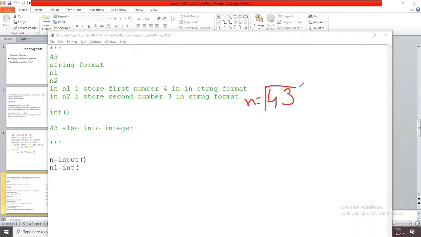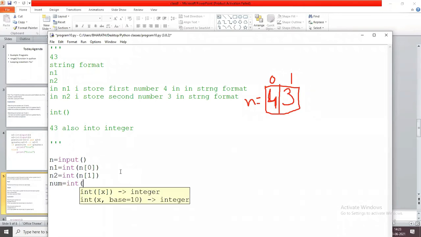This is a string, so the location of 4 is n of 0 and the location of 3 is n of 1. So n1 equals int of n of 0, and n2 equals int of n of 1. After that, I store n as an integer in one variable, num. Now in num the 43 is stored, in N1 the 4 is stored, and in N2 the 3 is stored.